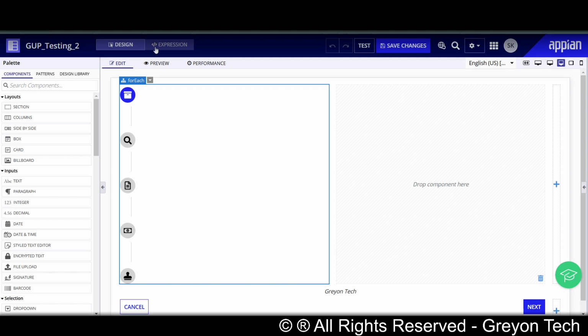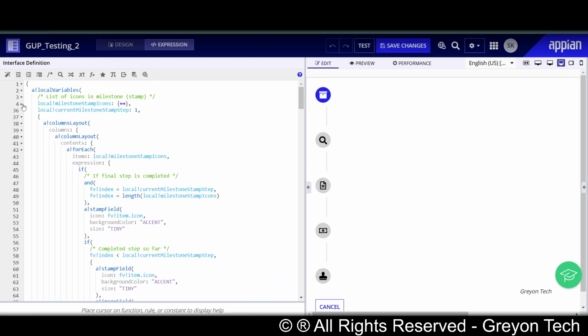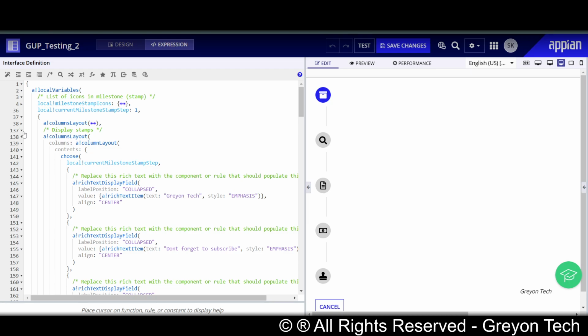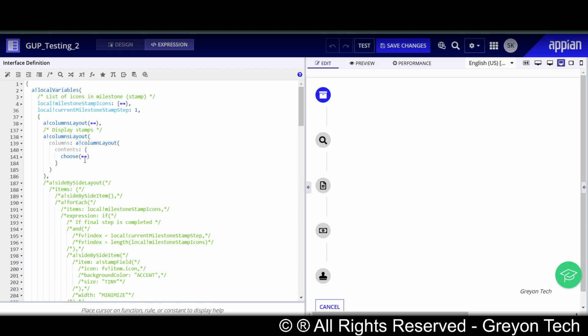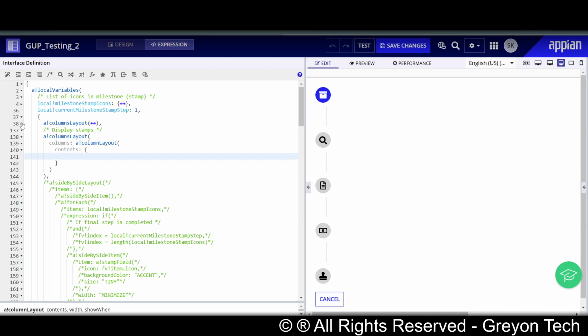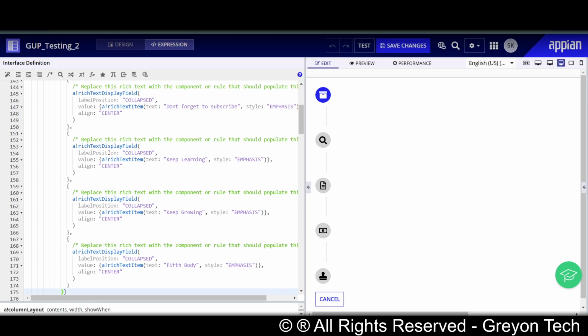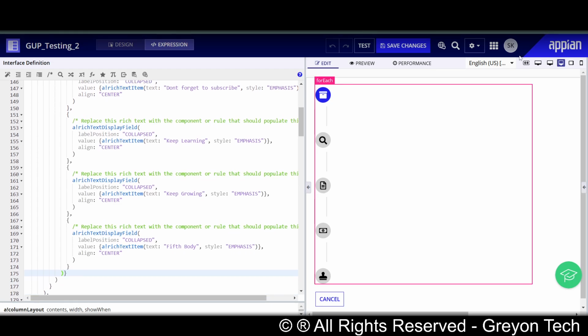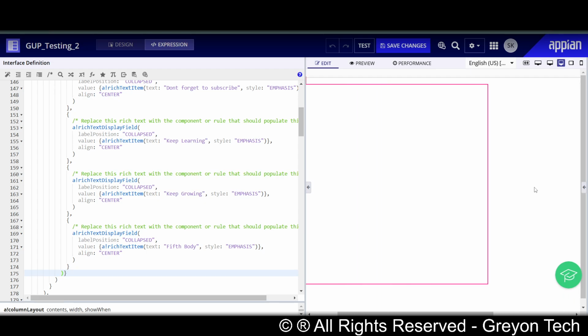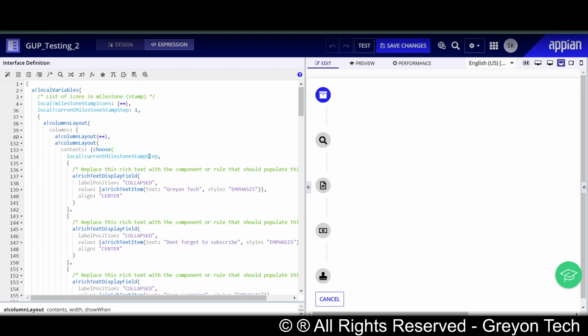No, it has to come in the second column actually. Okay, it has to come here. Here actually. Now it is fine. Here you can see in the first column layout,